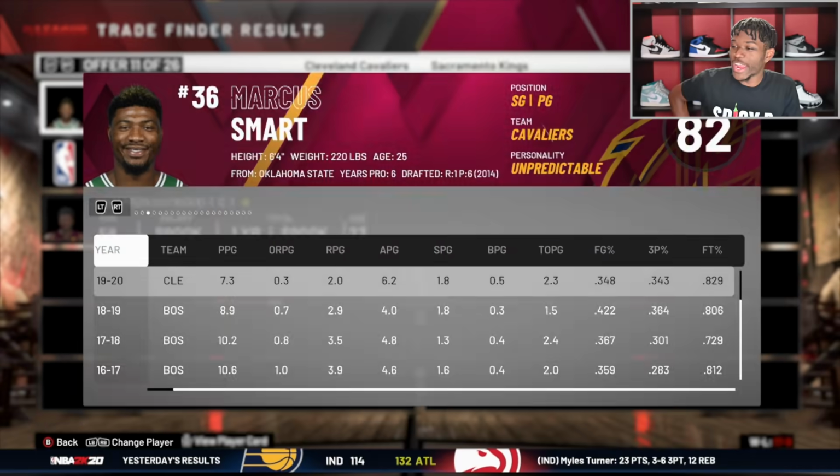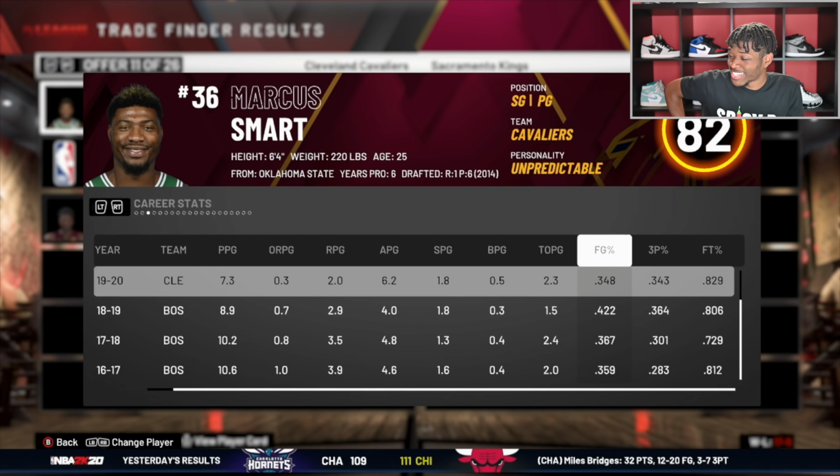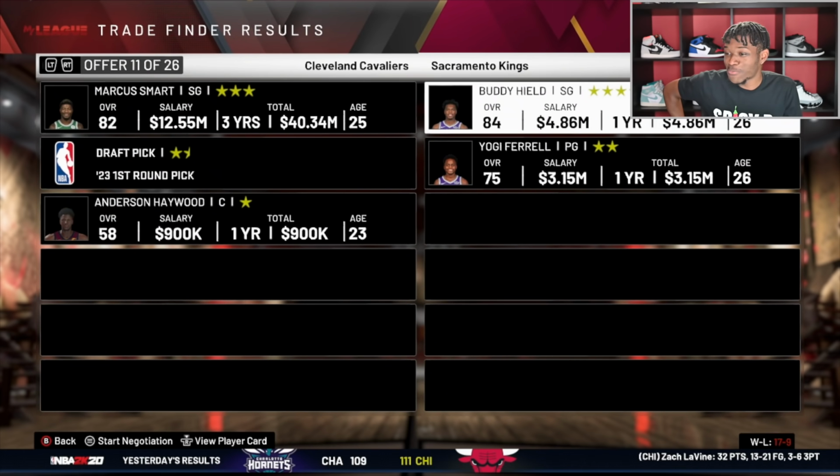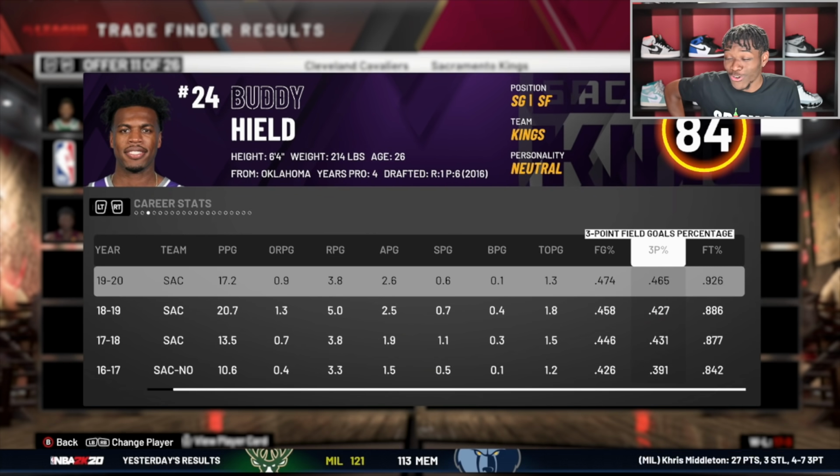All right, y'all, so we're making a trade. Marcus Smart ain't been good. 35% from the field. It's kind of bad. No, that's not kind of bad. That's pretty bad. So we're going to trade him for Buddy Hield, who's shooting 47% from the field and 46%